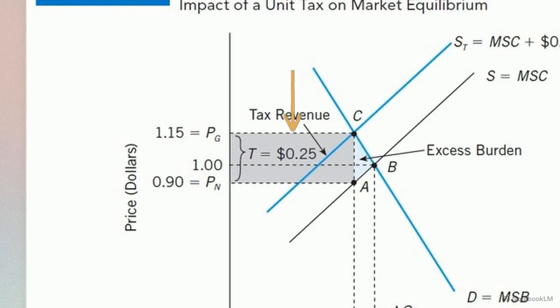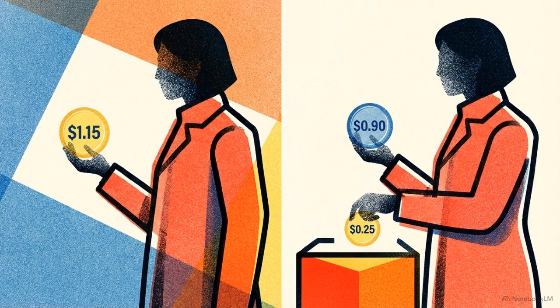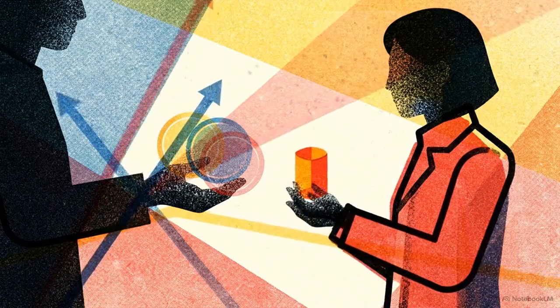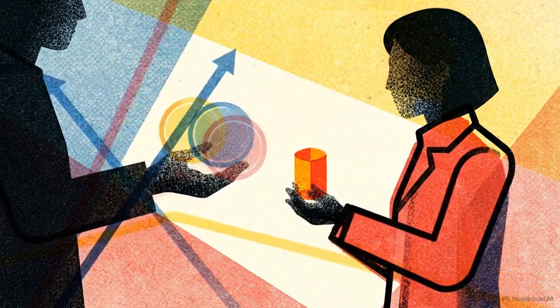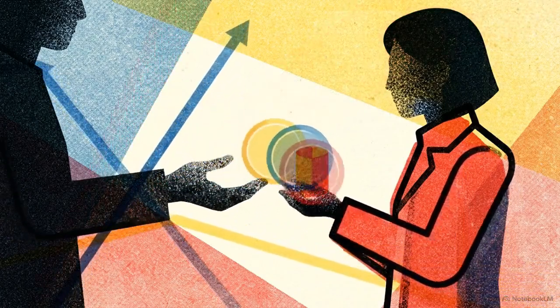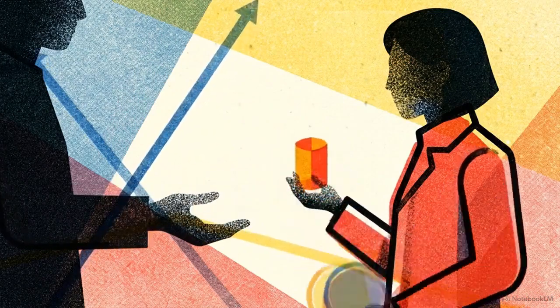The consumer's payment increases by 15 cents, the top rectangle. The producer's revenue drops by 10 cents, the bottom rectangle. A symmetry rule applies. If the law levied the tax on the consumer, their willingness to pay would drop, resulting in the exact same economic outcome. The reason the burden split is uneven, 15 cents for the buyer and 10 cents for the seller, is defined by the law of relative elasticity.